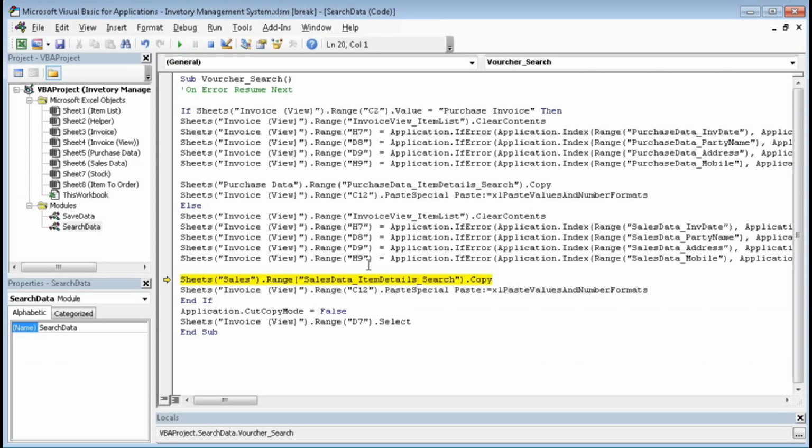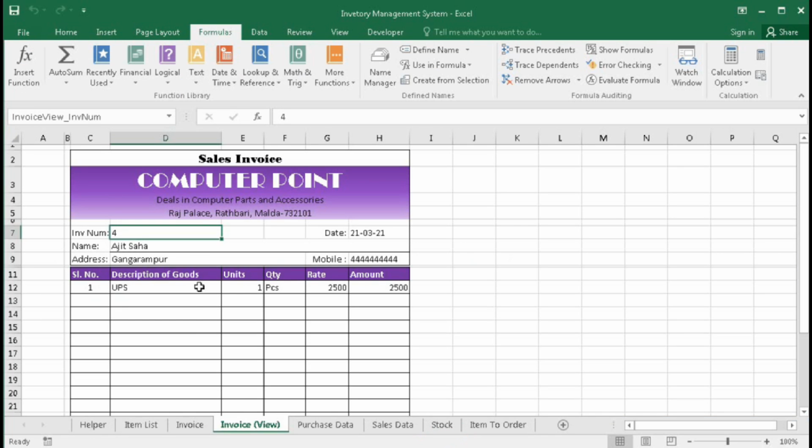So here's one problem. So the problem is here. Yes, it will be sales data. Okay. Now again run it. Again there is one problem. Let's see what the problem is. Sales data dot, sorry, here it will be space. Okay. Again run it. So it ran. Now go to here. You can see only one item, Ajit Shah, mobile number, everything is given. So both are running.